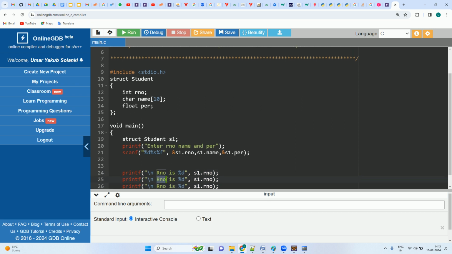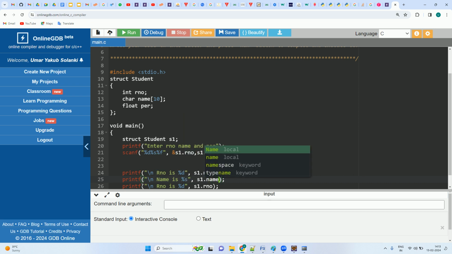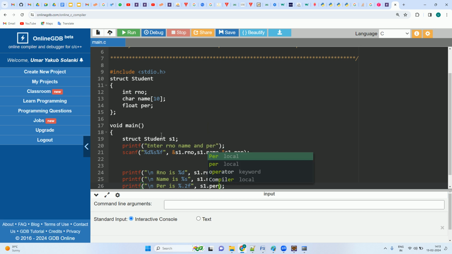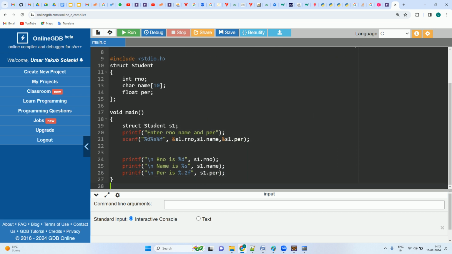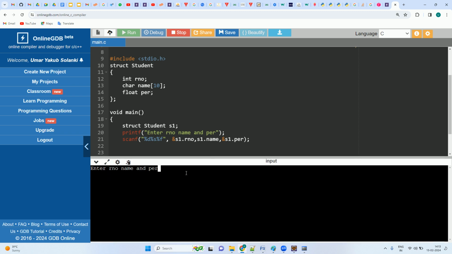And name is percentage s and s1 dot, and percentage is percentage f, 0.2f, which is not correct. So accept and display. And if I run this code, whatever data I will enter over here,